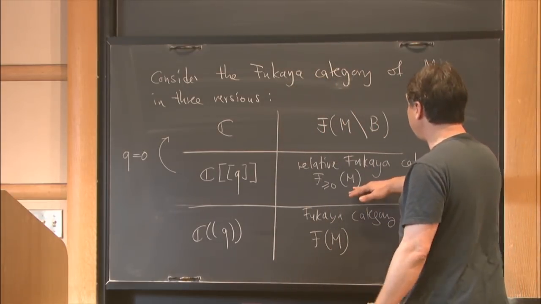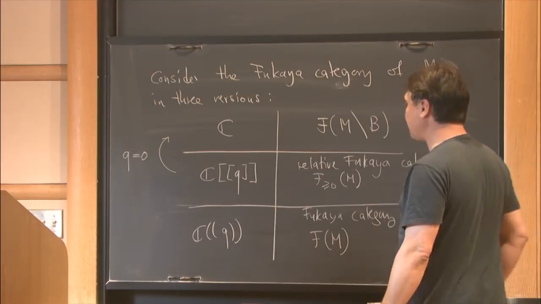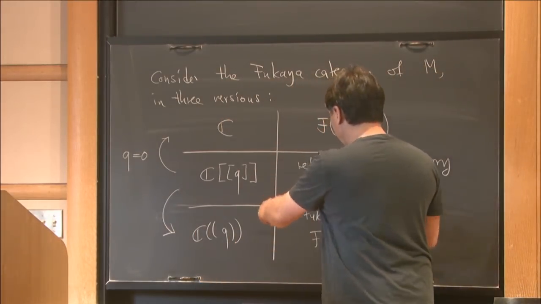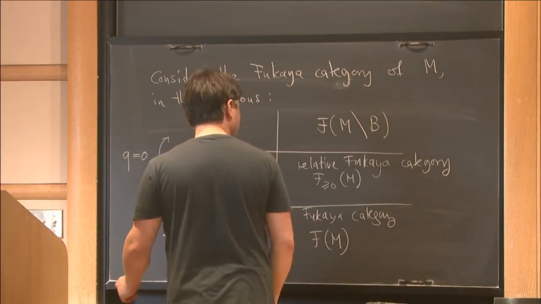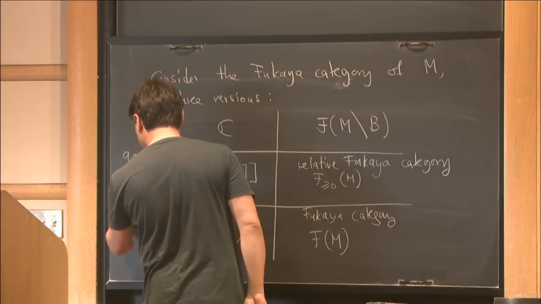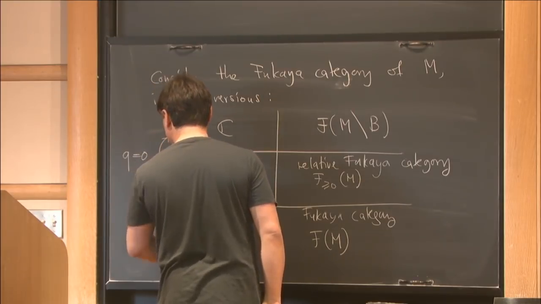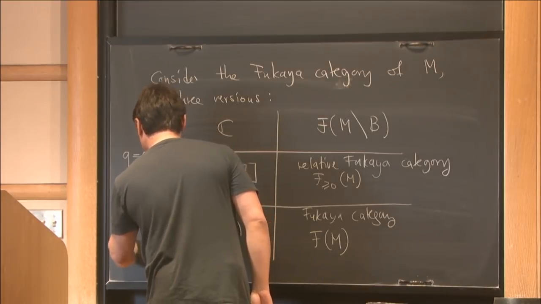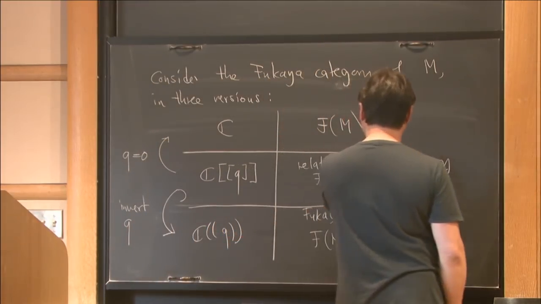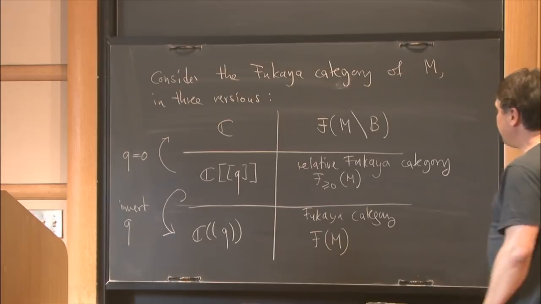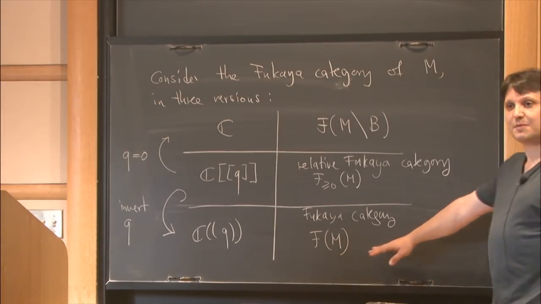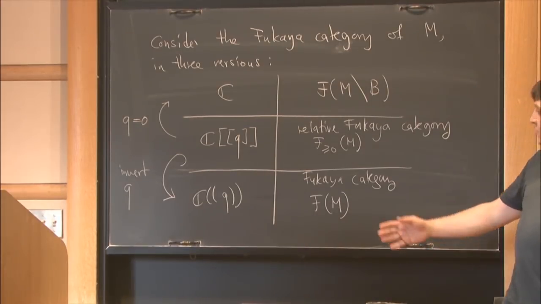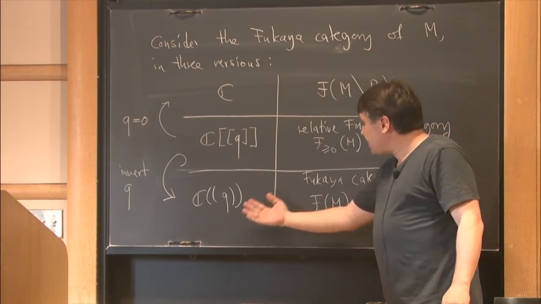So this is a deformation of this one here with deformation parameter Q, and this one here is after inverting Q. But this is not an equivalence, you just get it contained. So invert Q. From my point of view, this is maybe the central object, but this is the most familiar one maybe. So my question here is very simple: everything is defined over here,